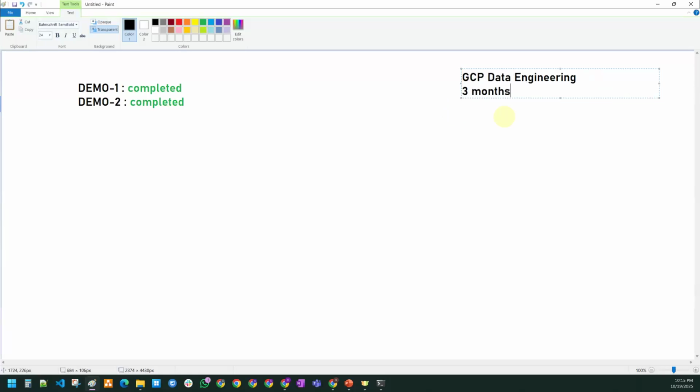So this is 2.5 to 3 months, and daily the timings will be 9:30 p.m. to 10:30 p.m. IST, Indian Standard Time. And these are live sessions. Sessions will be from Monday to Friday only. Saturday, Sunday, no sessions. Monday to Friday, live sessions like this one every day.